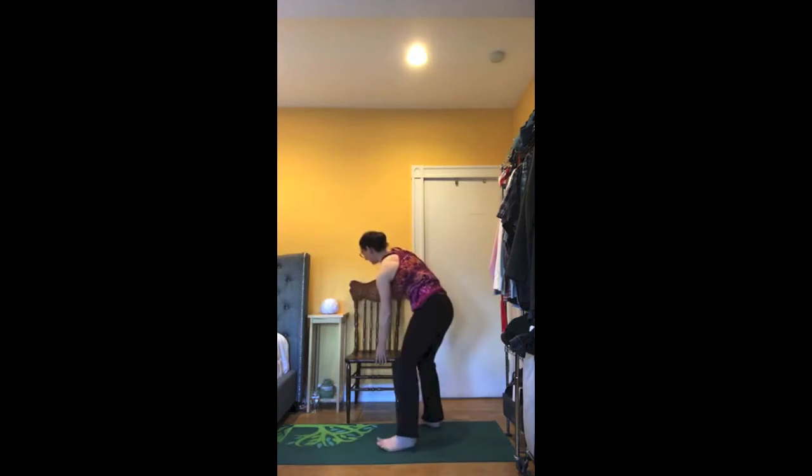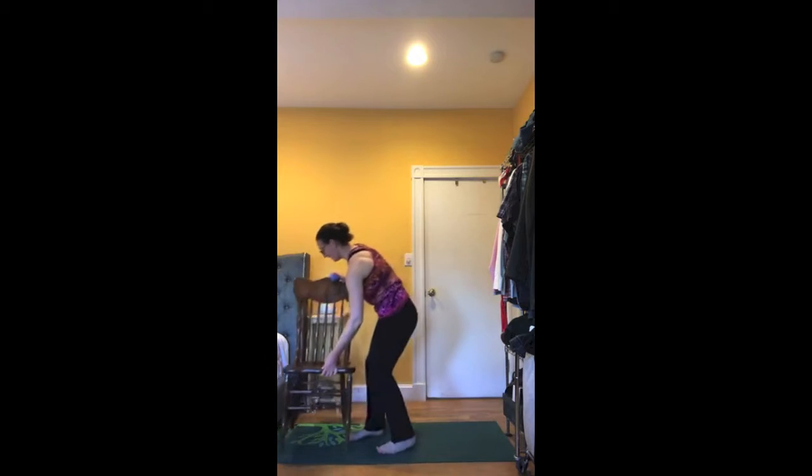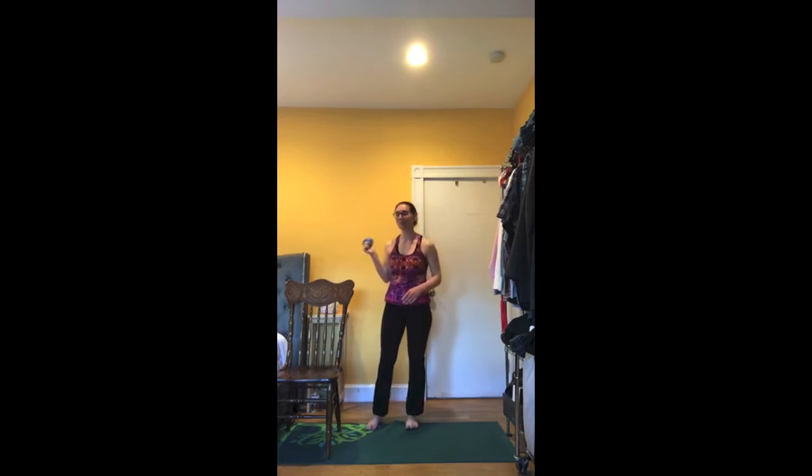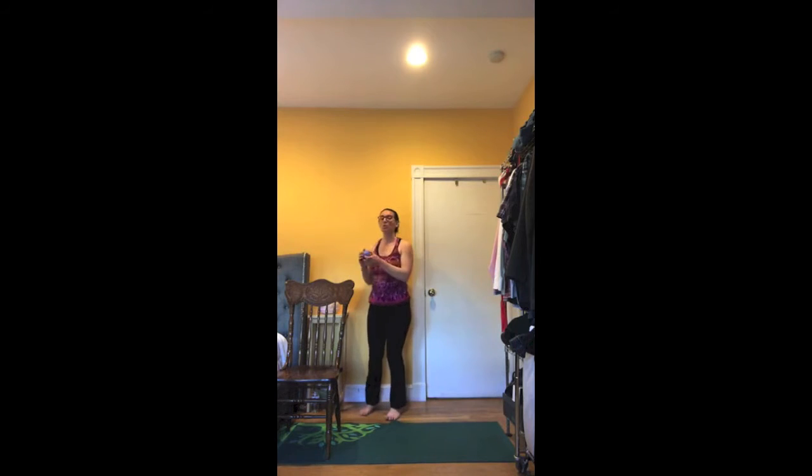Actually, since you guys are early, before we get moving with movement, we're going to just start with a little bit of self-massage. So if you do have a tennis ball that you can use up against the wall, if you don't, you can just do a little bit of self-massage using your hand, your knuckles. If you have a foam roller or a Theracane, that works out really well too. But we're just going to take the ball on the wall